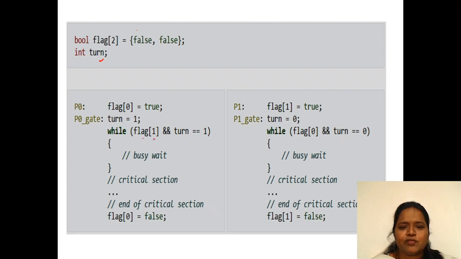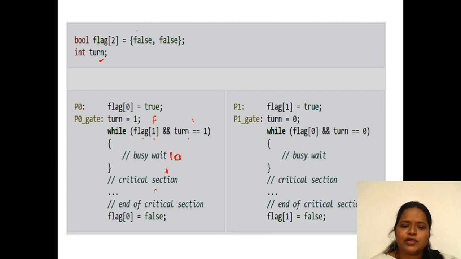Flag of 1 is equal to true and turn is equal to 1, so P1 will enter into the critical section and execute the task. Then if flag of 1 is equal to false and turn is equal to 1, then process P0 will enter into the critical section.